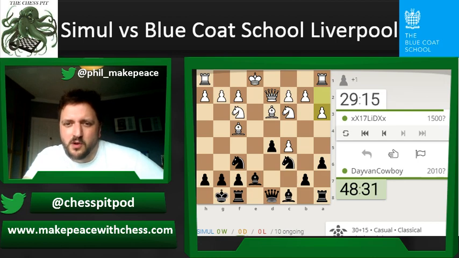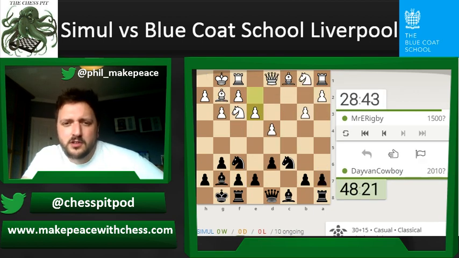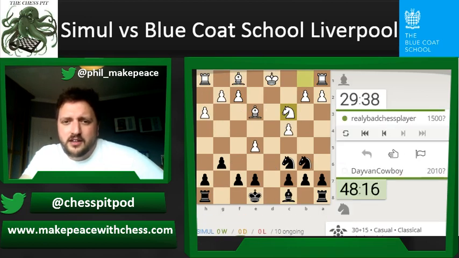Oh, I can see what white's planning here. That pawn is going to come to b4. Shall I let that happen, or shall I? Yeah, let's take that pawn. Again, really not sure where I want to put my light squared bishop. Okay, let's do a pin. And then I can...